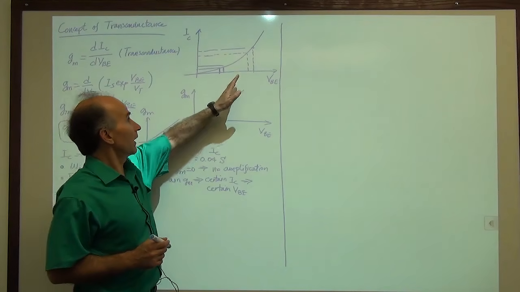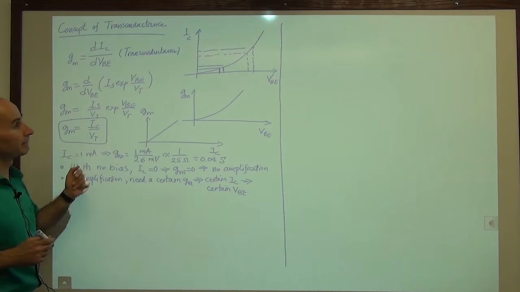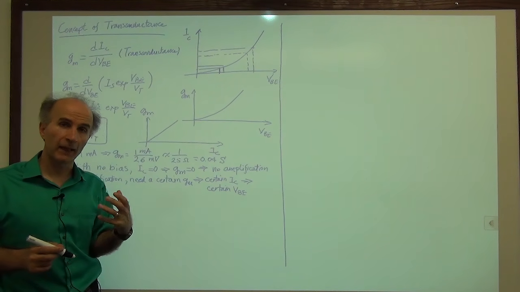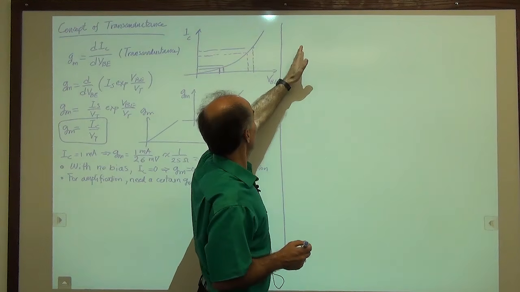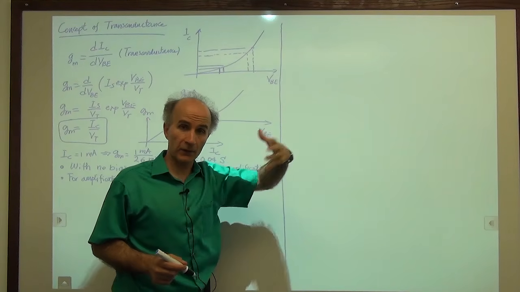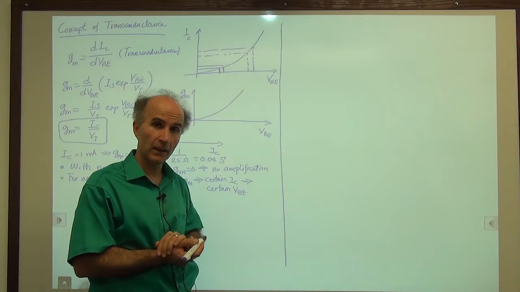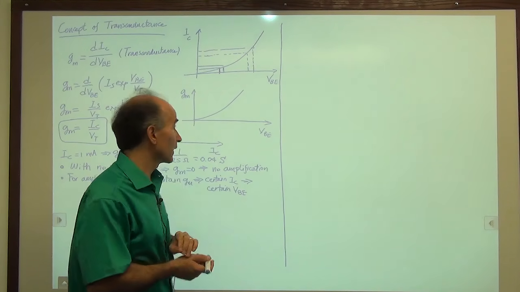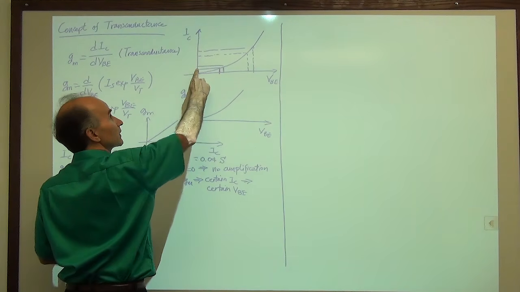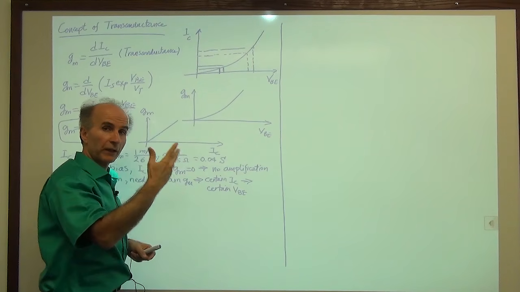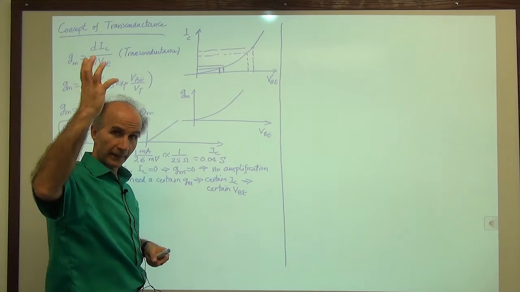We said that the higher the collector current, the better, the stronger the transistor is. So what price do we pay in doing so? Can I just give it higher and higher base emitter voltages and currents to make it a stronger and stronger transistor? Well, to a limit we could do that, but the price that we pay is power consumption. You can see that we have to have a higher current here than here to have a stronger transistor, to have a higher transconductance. And that amount of current has to come from some battery somewhere, and that battery drains